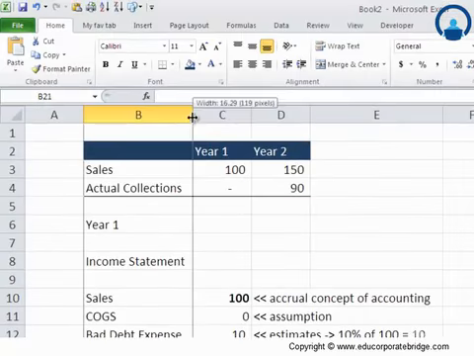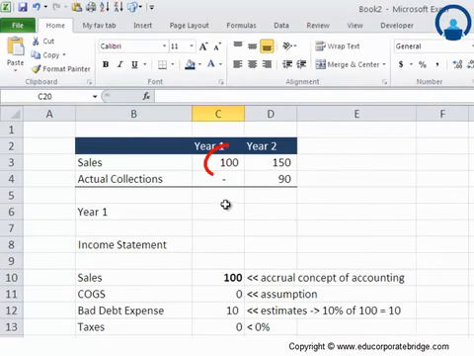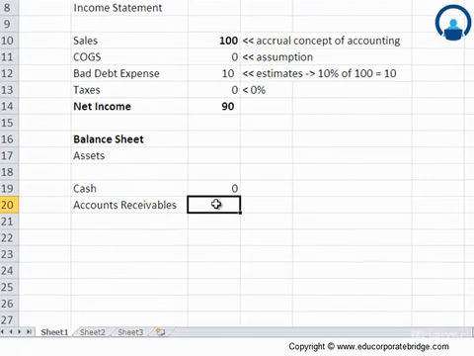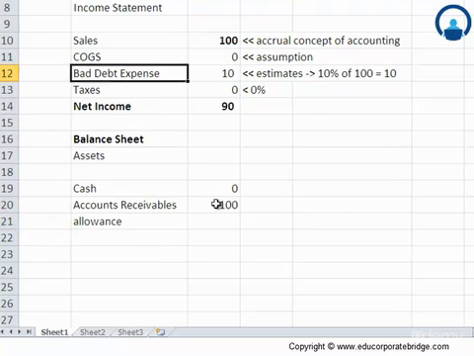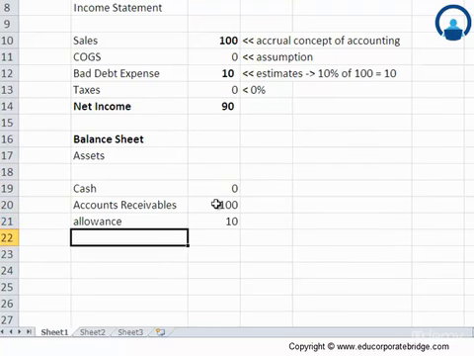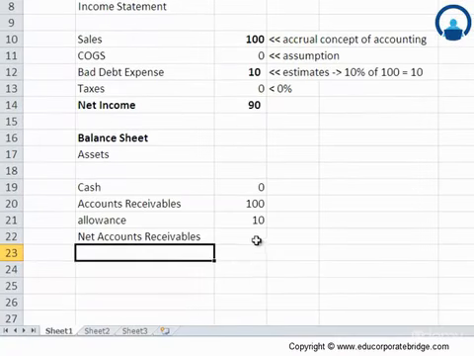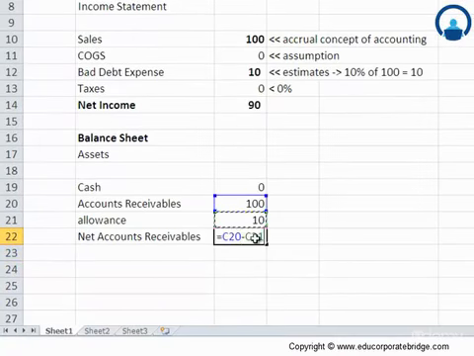And how much was the accounts receivables? Original account receivables would be $100 because all the sales that actually happen are on credit. So this would be $100. Now what is the management's estimate for allowances? Allowances essentially is what we had calculated here as $10. This is the management estimate. So this lowers down your accounts receivables. So the term that comes here is net accounts receivables. So this is 100 minus 10, which is $90.